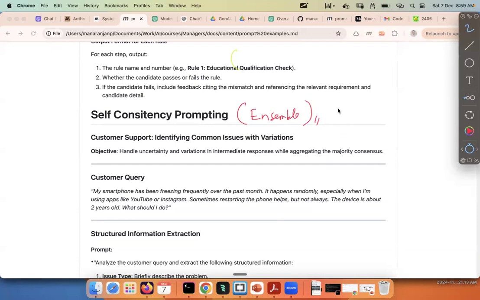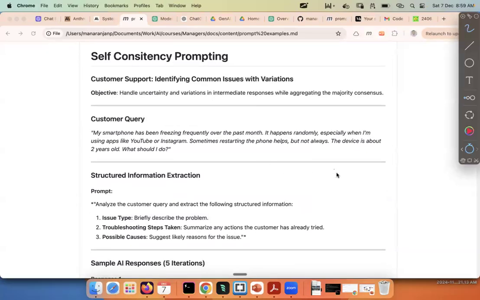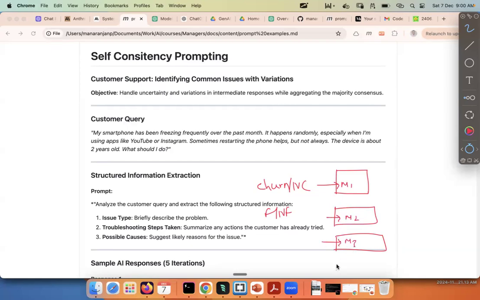You must be aware of the technique called ensemble technique from machine learning. If you've done machine learning, sometimes we use multiple models, like your bagging model. So let's say you ask, is the customer going to churn, right? Or is this transaction a fraud or not a fraud? Typically what happens is we build multiple different models, right? So model 1, model 2, and model 3. Typically people build hundreds of models, right? For example,